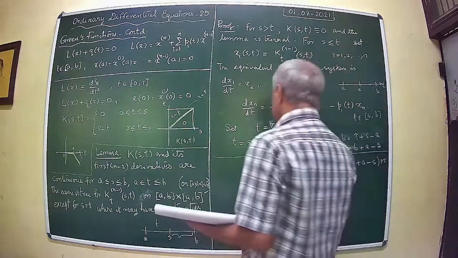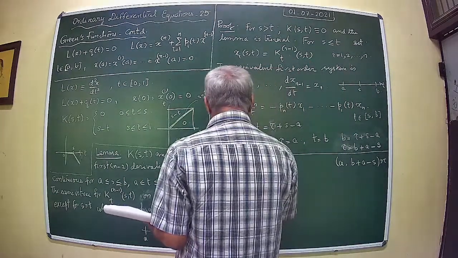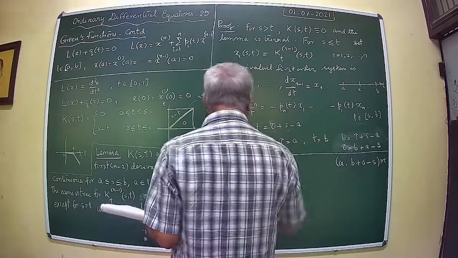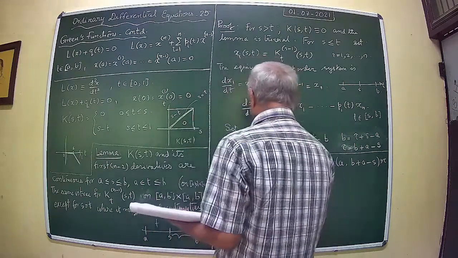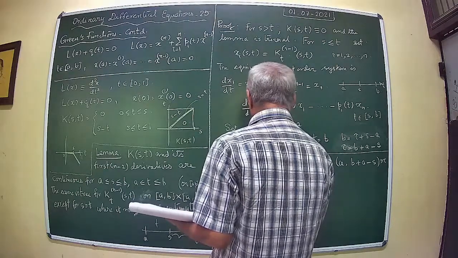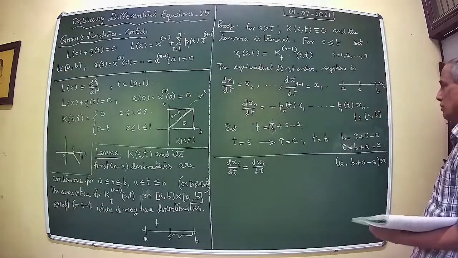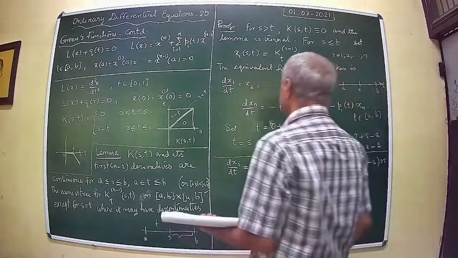Then what happens? See, dxi by dt is automatically equal to dxi by d tau with a minus sign. Okay, therefore the set of equations transform to